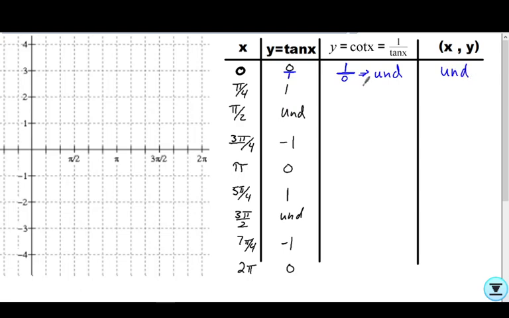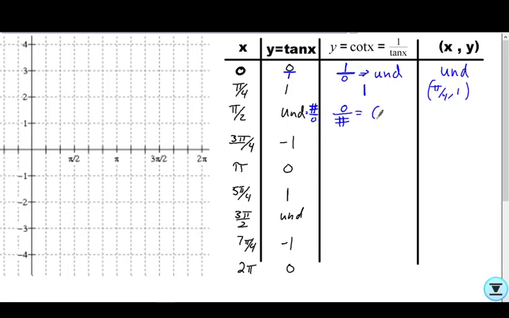Pi over 4, tangent's 1. The reciprocal of 1 is 1. So pi over 4, 1 is the coordinate. At pi over 2, tangent's undefined. Undefined means there's some number over 0. That's not a hashtag divided by 0, that's a number over 0. That means the reciprocal of that would then be 0 over a number, whatever it is,